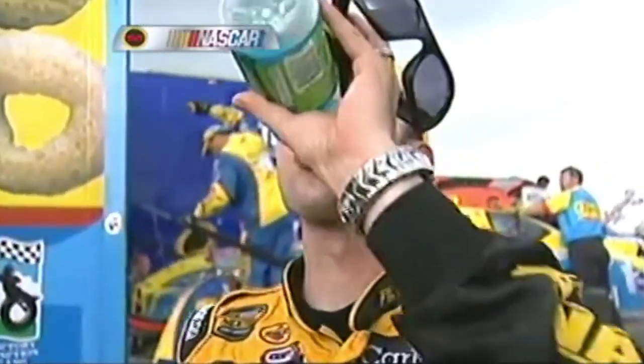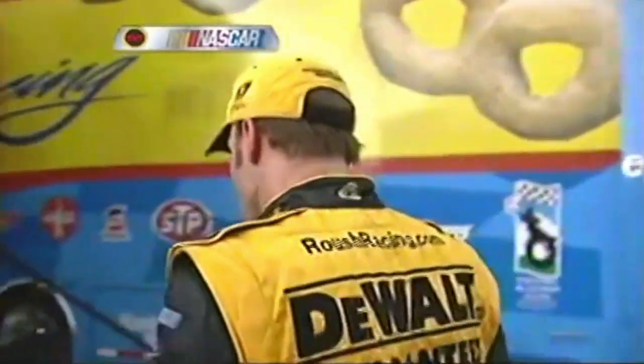We just had an electrical problem in the car that hurt us, and I think that cost us the lead. We had some fans going out and stuff, so that cost us the lead, but we didn't have enough gas to get there anyway, so just kind of frustrating. Somehow, though, Matt Kenseth still finishes 10th, and he's 3rd in the championship standings. Dave? His Roush Racing teammate